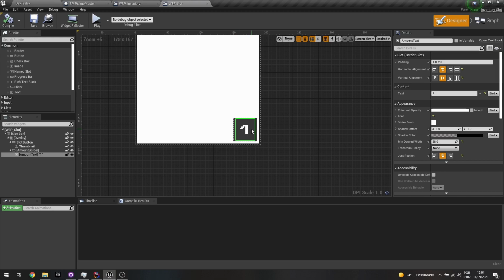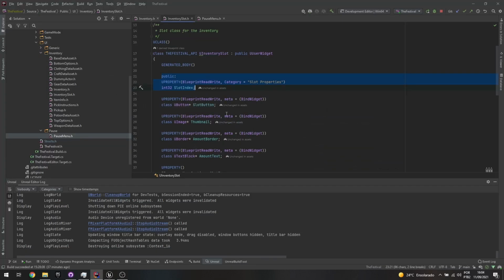So for example, clothing, I don't want that. Weapons, I don't want that. But potions, I may have lots of potions, so I need to have that information in my slot, since that's going to be a basic class to follow for all my other designs. So what I do is I create this class,